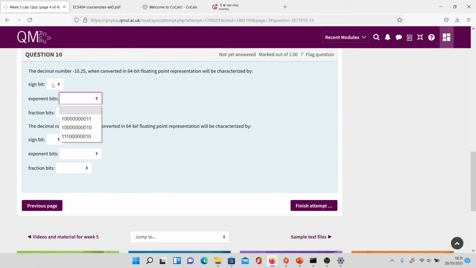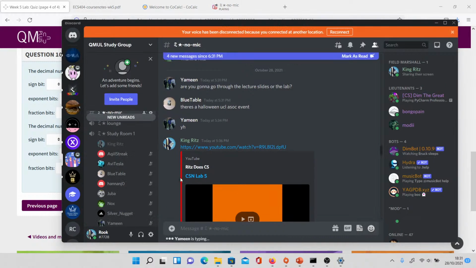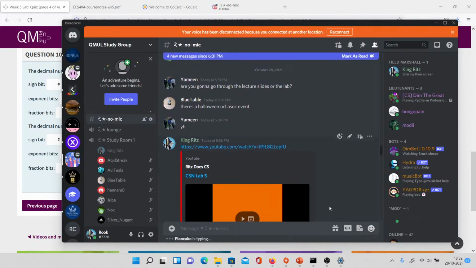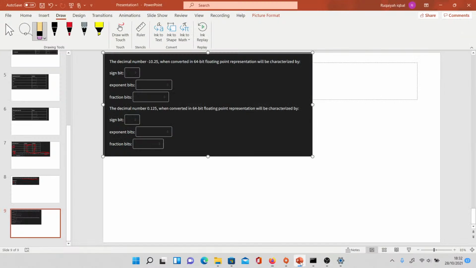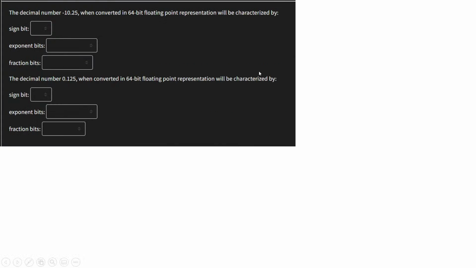Okay. Oh, okay. That makes sense. Okay, so they want us to turn it into binary, I guess, 64-bit floating point representation. Yeah, no, I get you now. So sign bit is gonna be 1. So remember how like in two's complement. So if we have 64 bits,